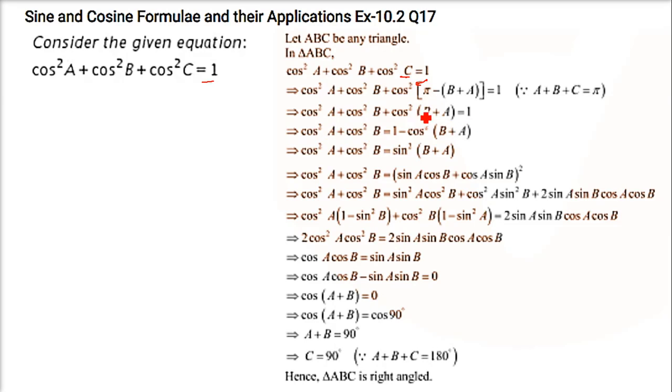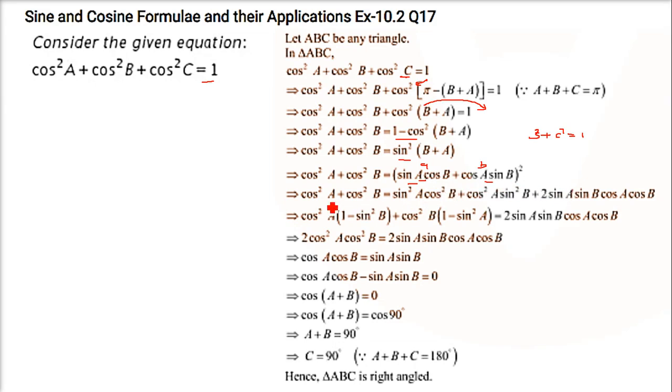Cos square a, cos square b here. Now take this here on this side. So it will be 1 minus cos square b plus a, and 1 minus cos square theta is what? Sin square plus cos square is 1. So 1 minus cos square will be sin square. And now sin a plus b, use the formula sin a plus b, sin a cos b plus cos a sin b. And here you have a square. So square it now: a square plus b square plus 2ab. So sin this whole square of this one, whole square of this one, and twice of this one into this one.